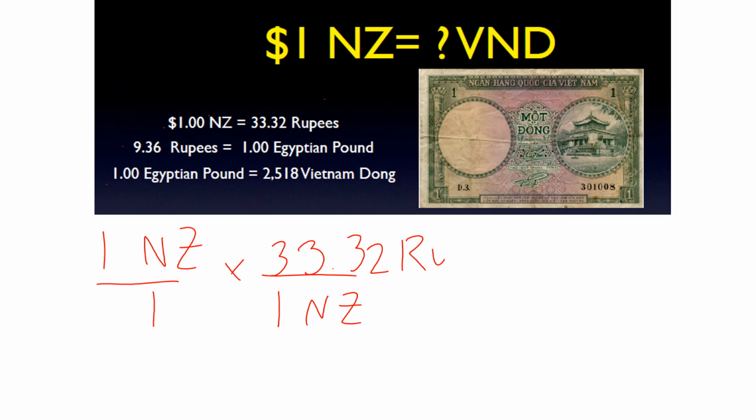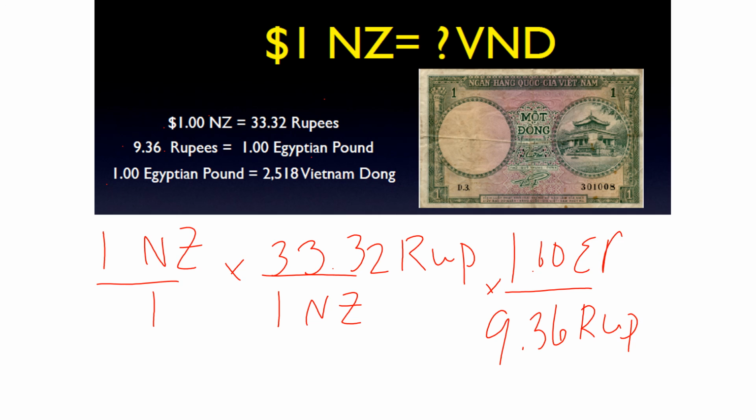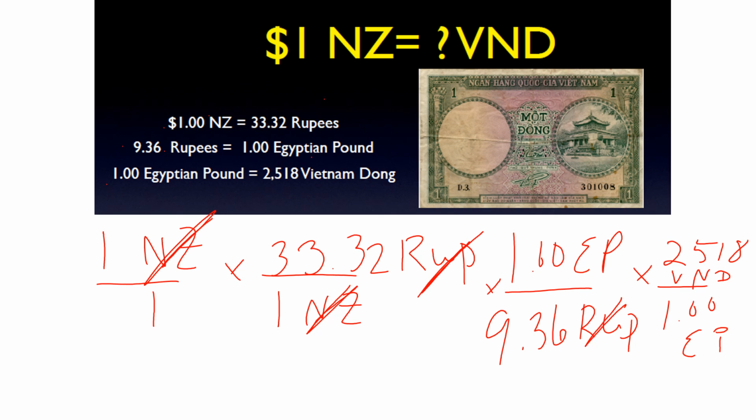the 33.32 rupees up there. Next, I'm going to go from a rupee to an Egyptian pound. I'm going to put 9.36 rupees down there, 1 Egyptian pound here, and then finally 1 Egyptian pound and 2,518 Vietnam dong there. The New Zealand dollar cancels here, the rupee cancels here, the Egyptian pound cancels here, and my